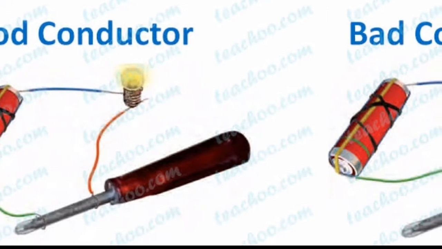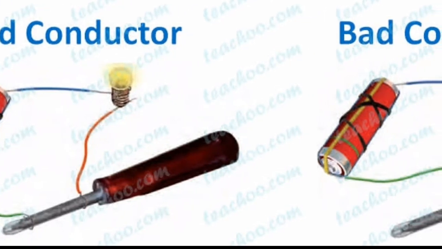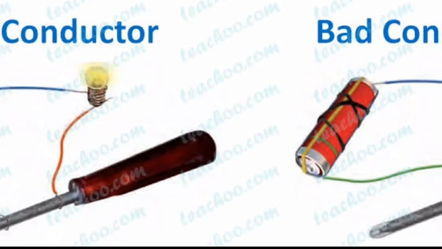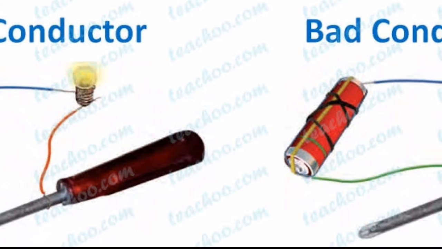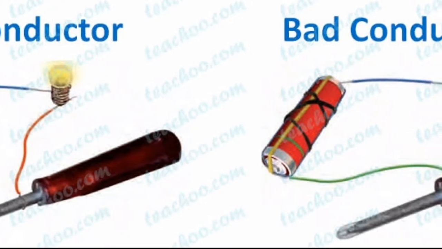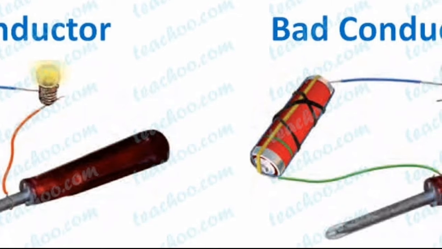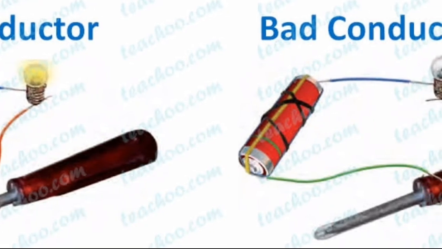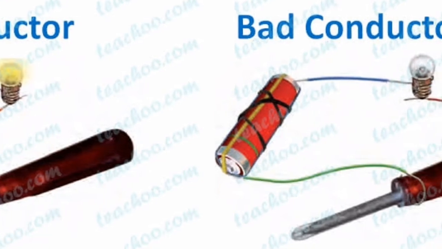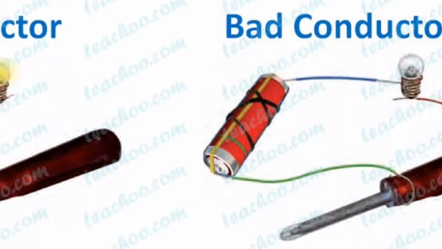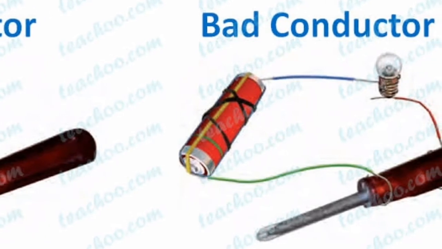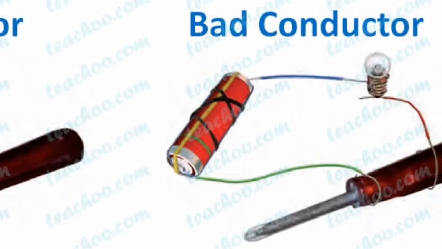What is the reason behind that? The reason is that the metal in the wire is a good conductor of electricity. Now if you see the next part of this picture, a poor conductor of electricity, that is wood, is inserted in between that setup, and you'll see the bulb stops lighting. It happens because wood or plastic or paper is a bad or poor conductor of electricity.